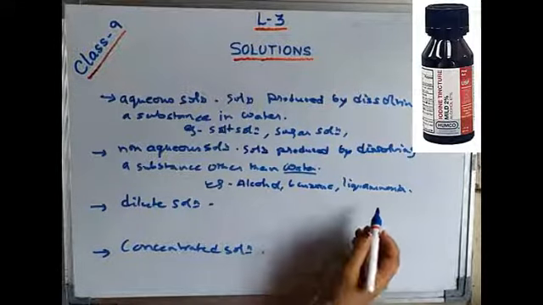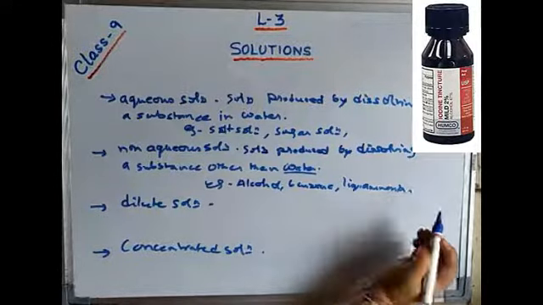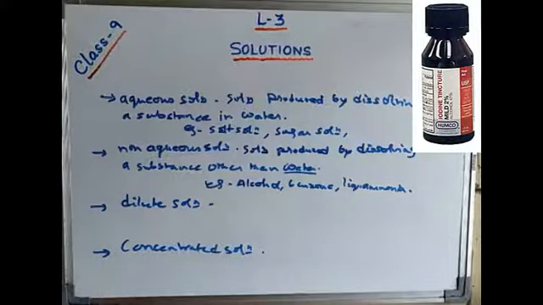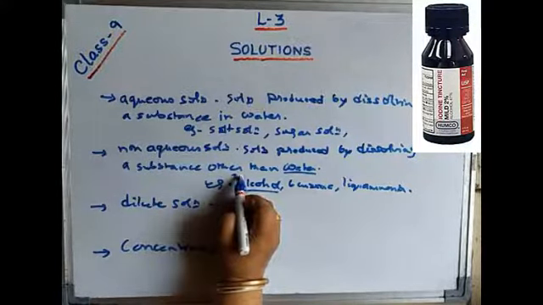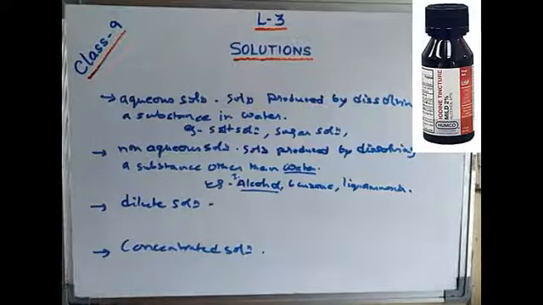Tincture of iodine you have learned about in the lower class, in the uses of iodine. The tincture of iodine is iodine dissolved in alcohol. That means iodine gets dissolved in alcohol. Okay, so it is a solution. So I can say tincture of iodine is an example of a non-aqueous solution.